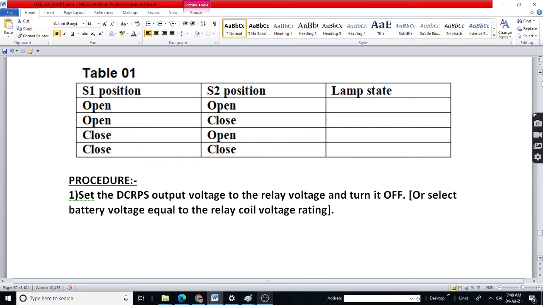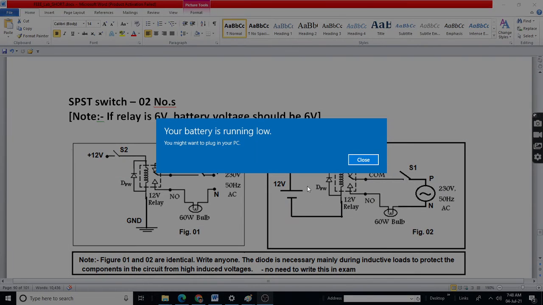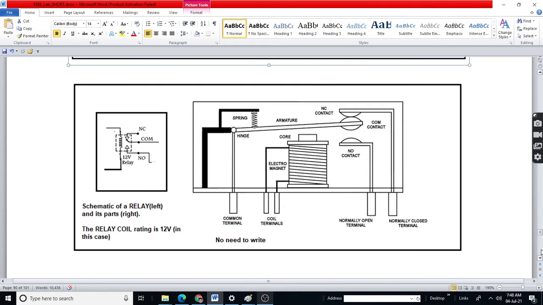Otherwise, operation of S2 will not have any result on the lamp because S1 itself is open. So if you close S1, then other things, meaning operation of relay, is valid.